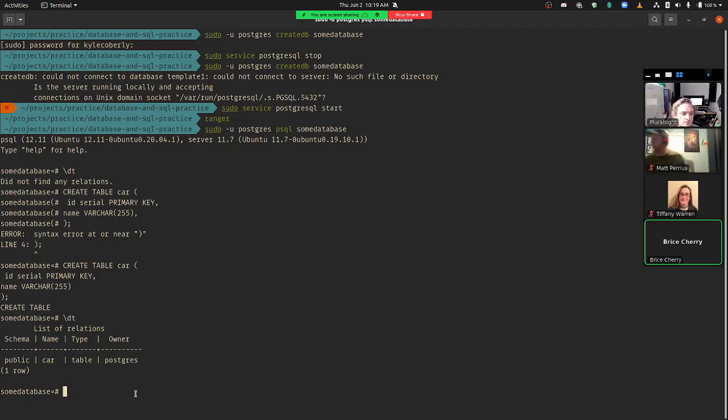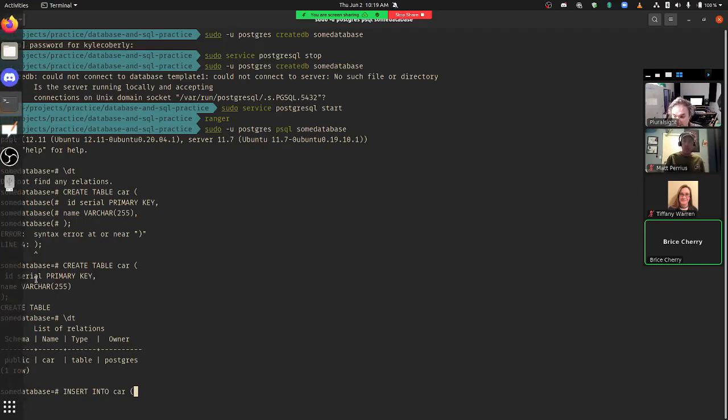All right, let's put something in it. If I do insert into car, then it's going to want to know what fields you're inserting. I don't want to insert ID because it's serial. It gets automatically incremented. I just want the name column. So I can say insert into car, just the name field, values, plural,